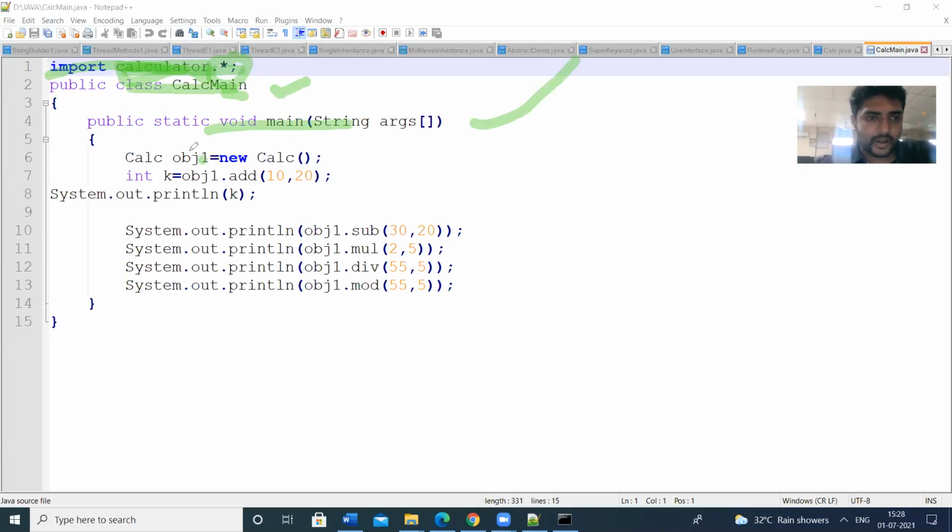I am creating the object obj1 of type calc. Calc is a class which is not available in this program, but calc is a class defined in the package calculator. So the calculator package consists of this class calc, and we are creating the reference object for the calc.